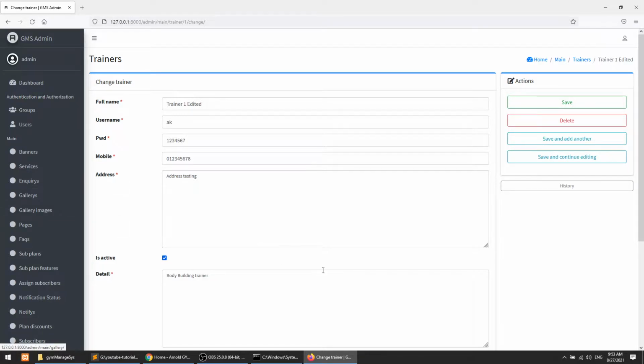Now in the trainer notification, we will create the model the same way, and when the admin adds a notification in the trainer notification model, it will show in the trainer panel. But in this notification system we are going to use Django channels. In our user notification we used jQuery Ajax, but here we will use channels.